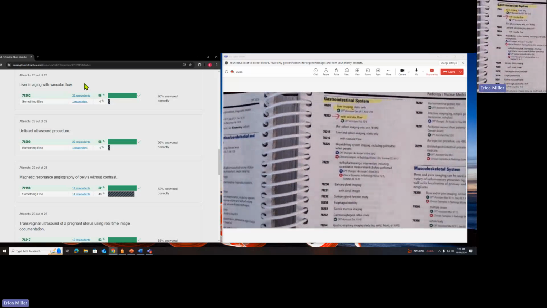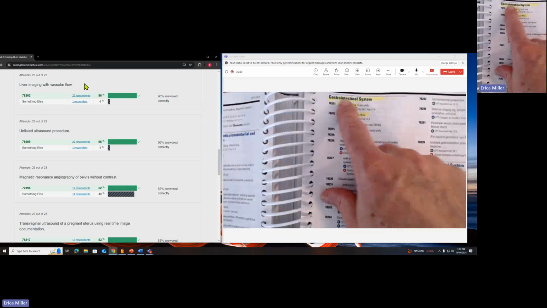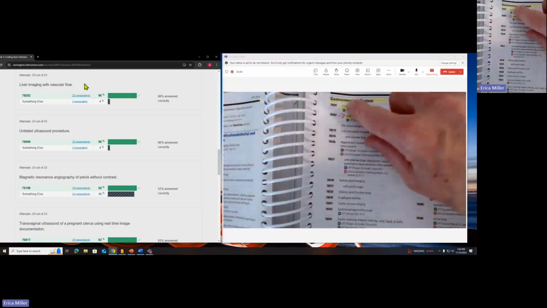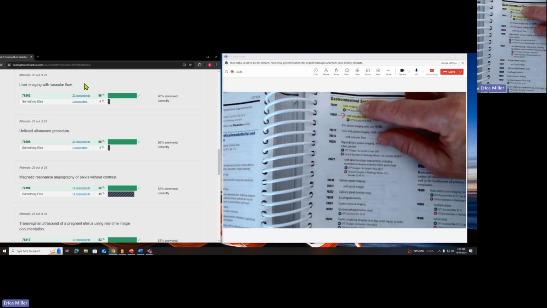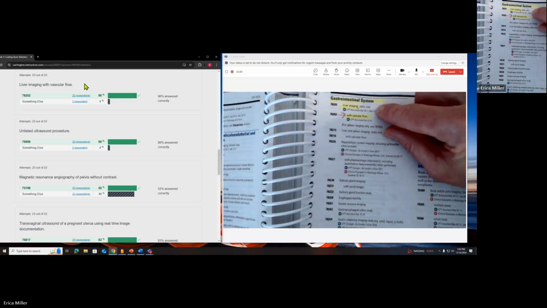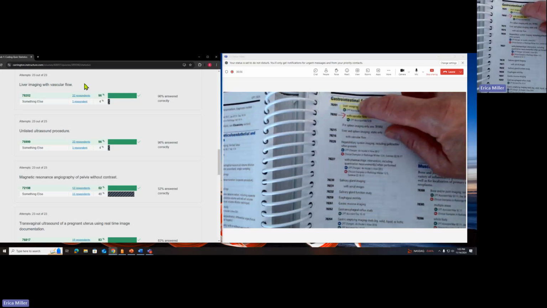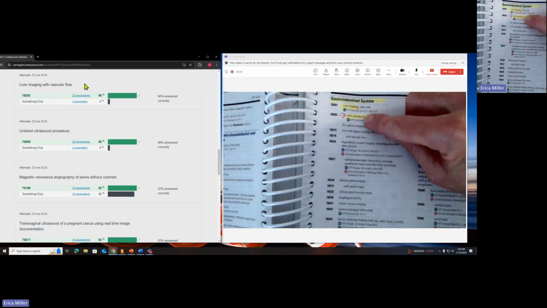And you are in your gastrointestinal system. So your liver is an accessory organ in your gastrointestinal system. That's why it's listed here. And then your 78201, let's pay attention here, liver imaging, and then you stop at that semicolon, right? Because we don't want static only. That's a variation of the liver image. We want with vascular flow. So you can see here, imaging is captured in the 78201, and then with vascular flow,